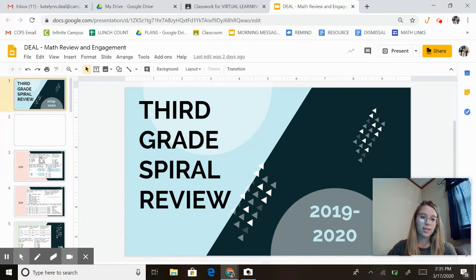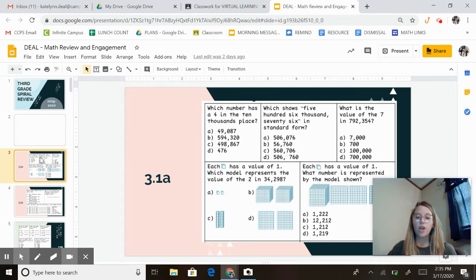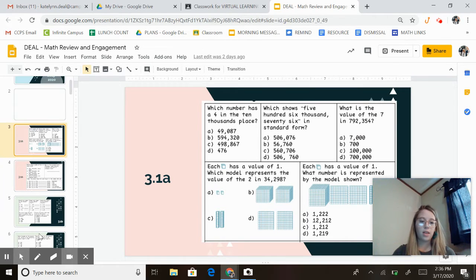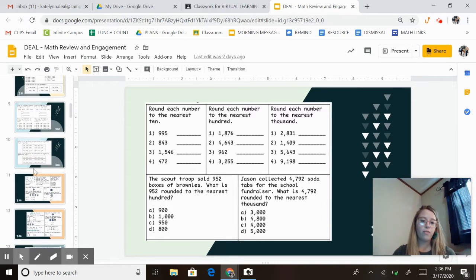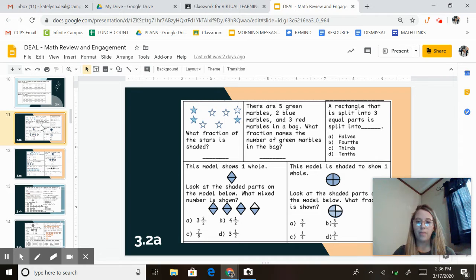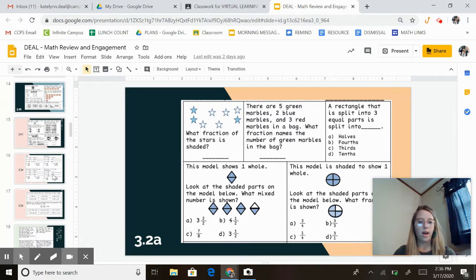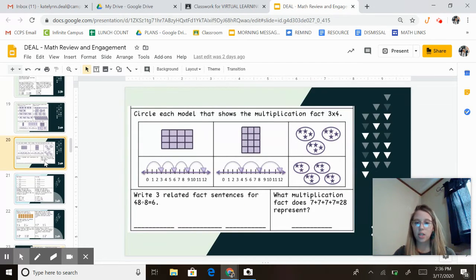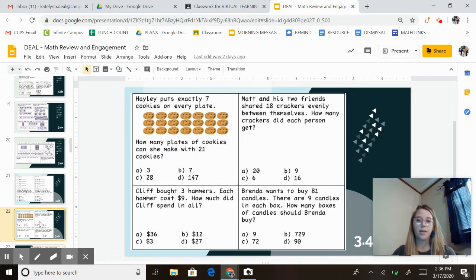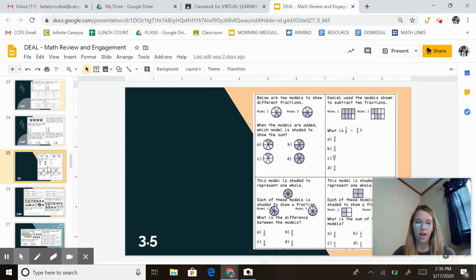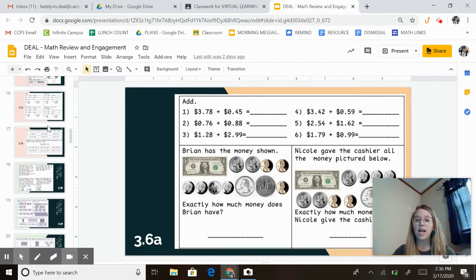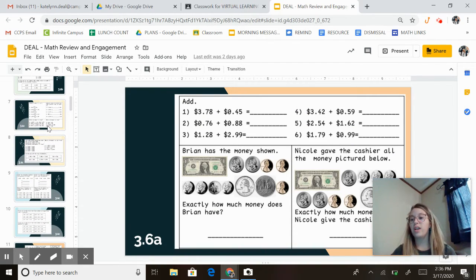Now, it goes by skill, by SOL strand. So you will first see things like place value. Then you will see things like rounding. If you go down, you'll see things like fractions. You'll see multiplication. You'll see division, all kinds. Ooh, you'll see more fractions. You'll see money. So a lot of first quarter, second quarter, and now third quarter review for those skills that